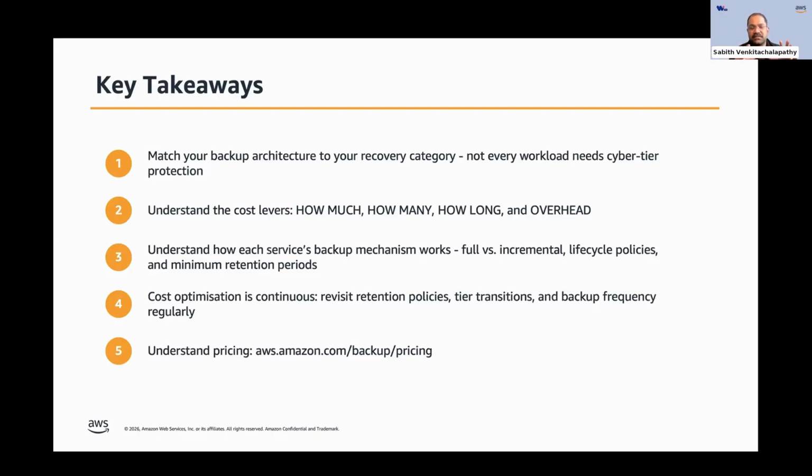And then just how it was highlighted at the start of the conversation, cost optimization is a continuous process. So one thing that works today might not work tomorrow, or one thing that did not work yesterday might work today. It all depends on how effectively the service is evolving, which AWS Backup is known for in a continuous way. Which means that if there was a product that was not supported earlier and it started supporting now, you probably will have to take away some of the manual processing that you have done and then move over to a more native capability to reduce the cost. And the most important thing is to understand the pricing.